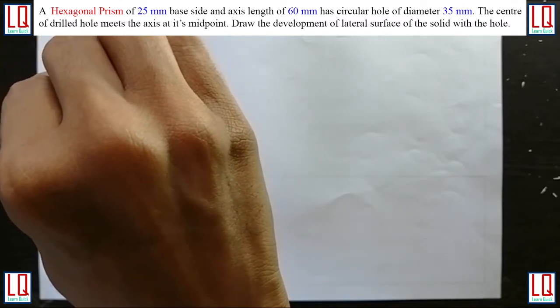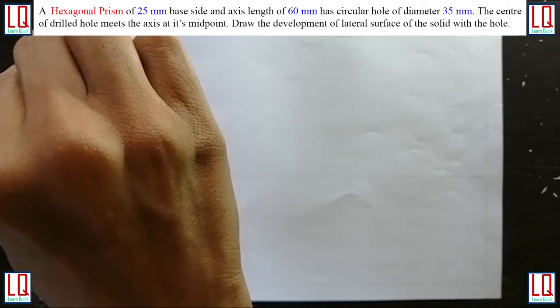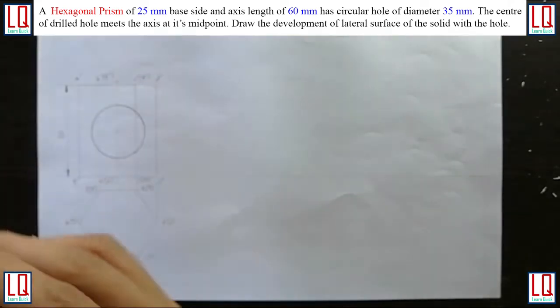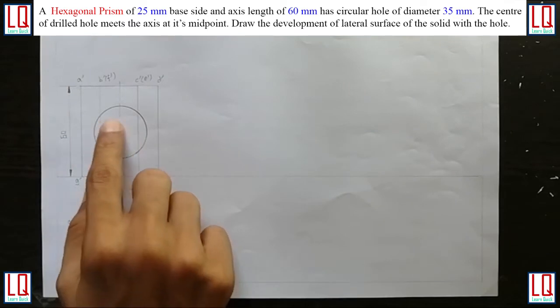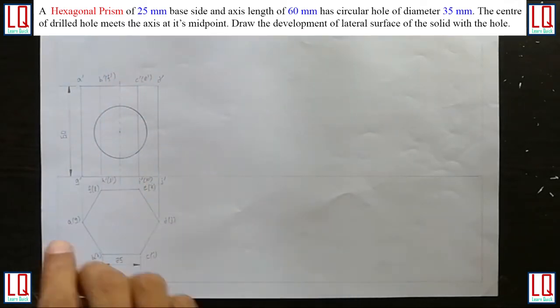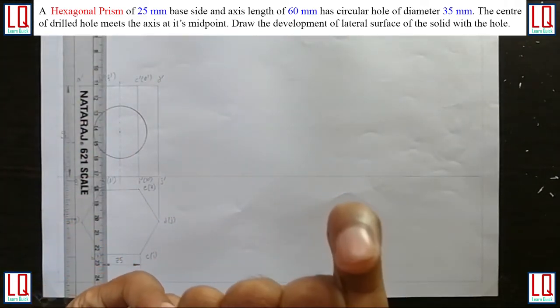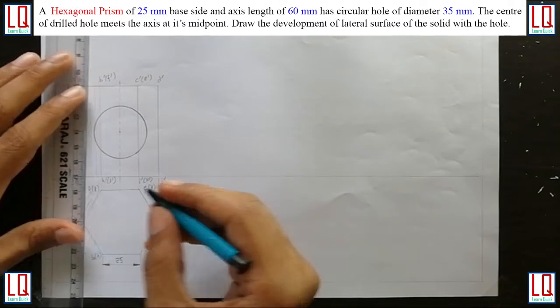You can draw it with an HB pencil. After making the hole, whatever material is present inside has been removed, and the remaining material will be available. All that material I am going to draw with HB pencil to make it visible edges.